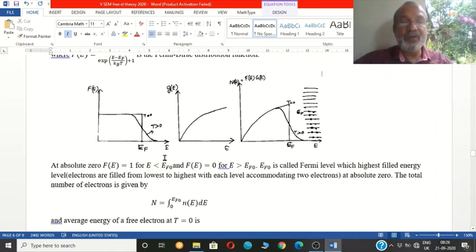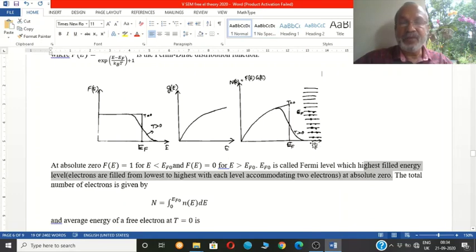And above absolute 0, this function is multiplied by the T greater than 0 curve, so only the top end will be affected. If you multiply this with this, it also becomes 0 after some time. So for T greater than 0, this is the nature of the graph.